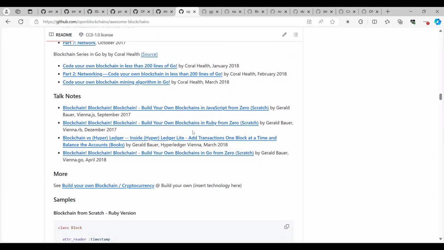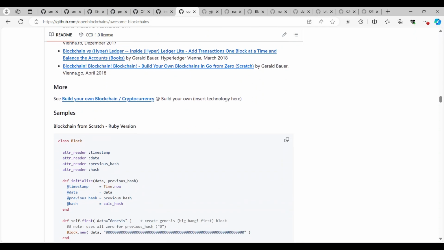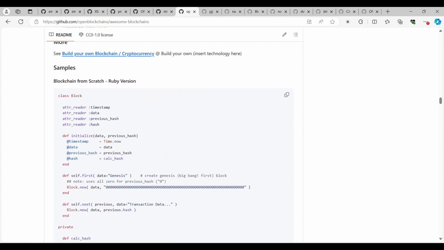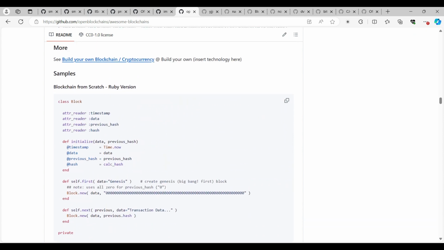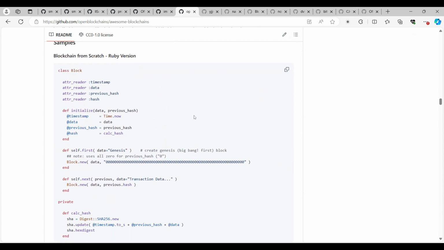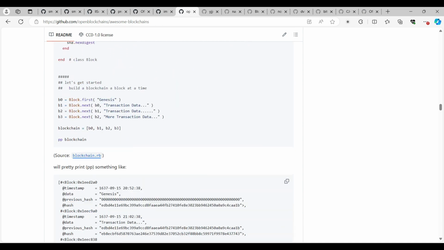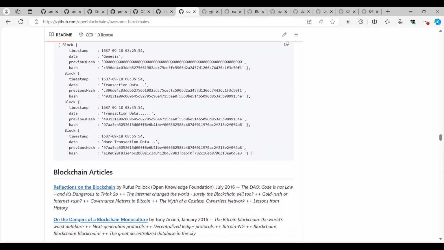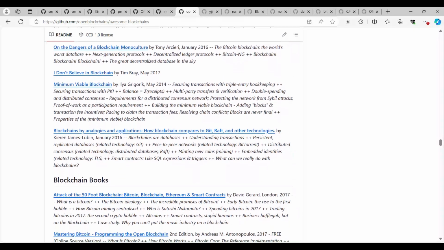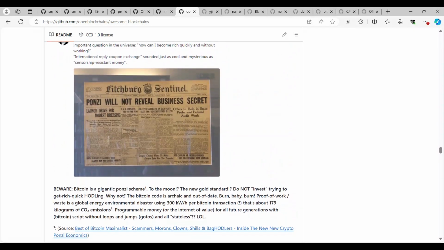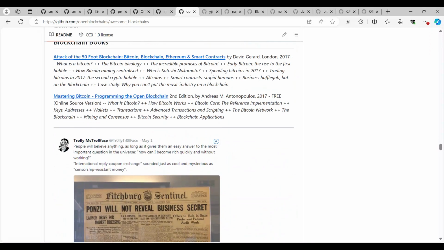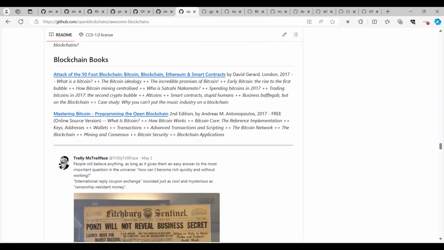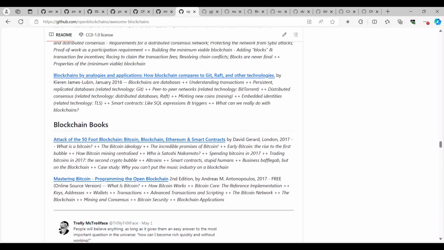Then talk notes to make you learn from the talks and get motivated. Then more things related to blockchain. Then some code. Okay, so blockchain from scratch, how to write a blockchain from scratch, and this is the Ruby version. So you can follow these things, right? And then articles related to blockchain, books related to blockchain. So you just follow these things, spend some time, learn from whatever they have added, and just boom,